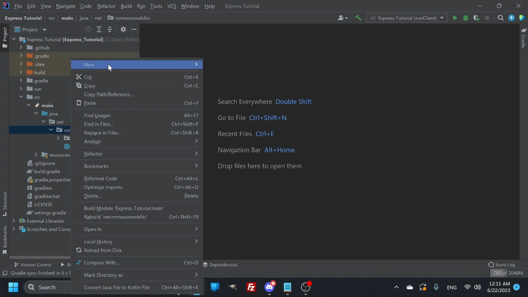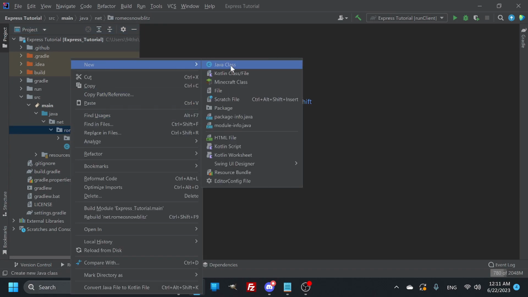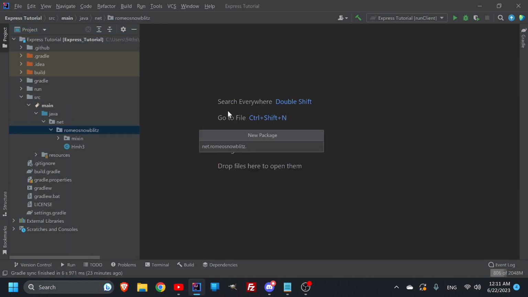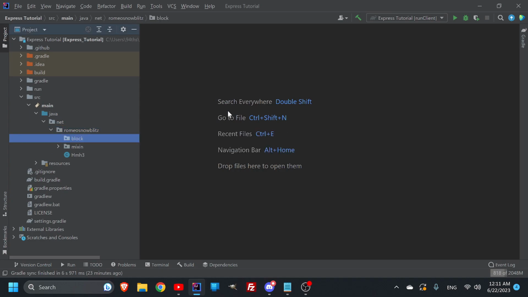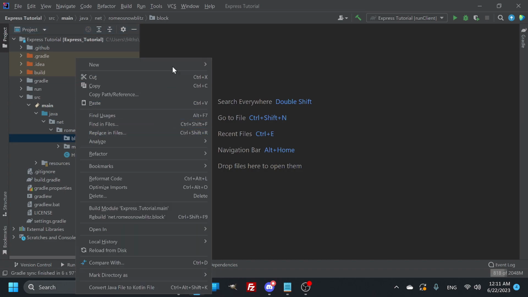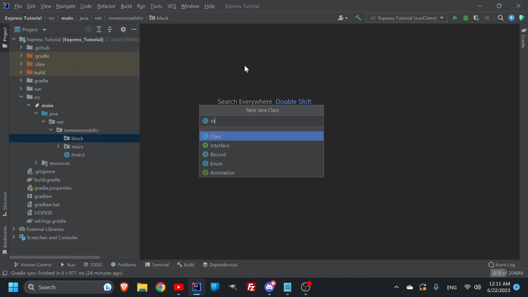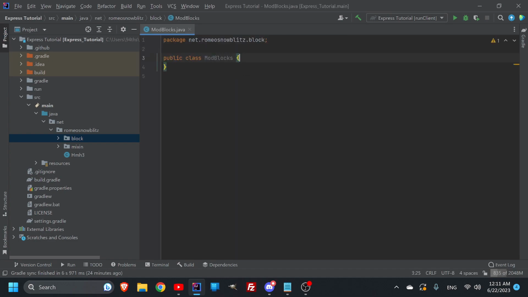Alright, so to make a blocks class, because that is what we're doing, we are going to make a new package, and we're going to call this blocks, or just block. And then inside of this, we're going to make a new Java class, and we're going to call this ModBlocks. And then we basically need to make a block, the register block method, and the initialization, because those are the three steps. So let's start with the public